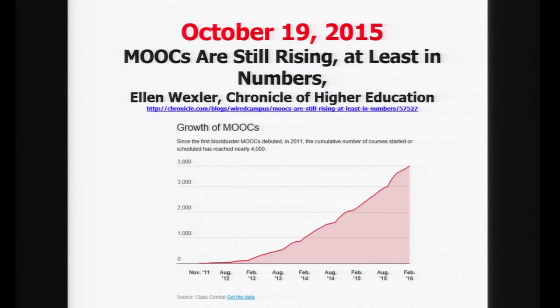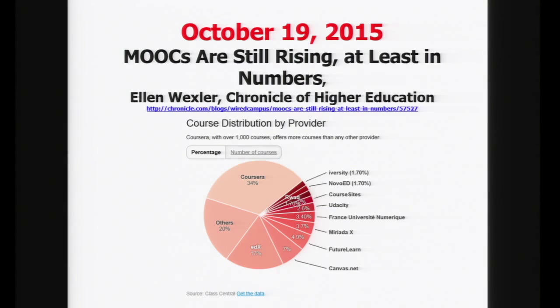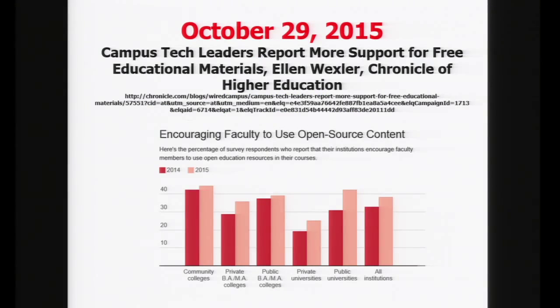People are doubting the benefits of MOOCs. Look at the numbers going up in terms of enrollments in MOOCs. This is the number of courses, actually, per year being taught in MOOCs. And if you look at who's teaching these, you see Coursera is the big chunk, edX, Canvas, FutureLearn. We have a chapter from there in our book, NovoEd, Course Sites from Blackboard, and so forth. iVersity from Europe. And it's not just about MOOCs, it's also about open education. Our book's MOOCs and open education around the world.